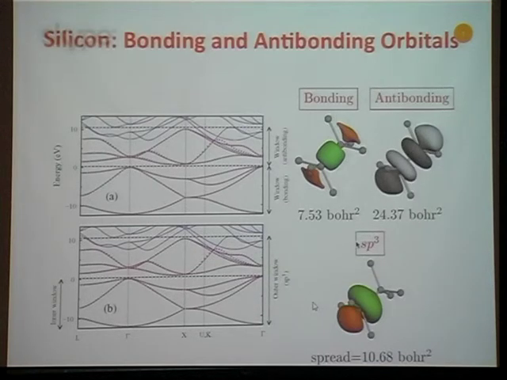And if I mix those 8 orbitals together, what I get are 8 localized Wannier functions, 4 sitting on one silicon, 4 sitting on the other silicon, and they look exactly like sp3 orbitals. So I've done really the inverse tight binding. I've started from the exact band structure, and I've constructed